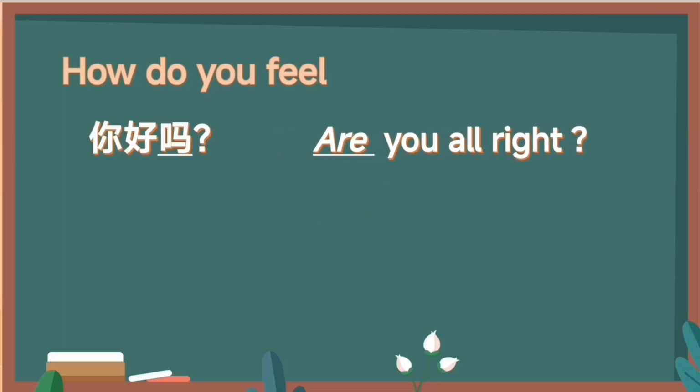To give affirmative answer to the questions, we put word order back to normal in English, while in Chinese, we remove the question word 吗 from the end and put adverb of degree 很 before the adjective. We should also remember to change the question mark into a full stop. In English, a full stop is a dot, while in Chinese, it is a circle. Read examples after me, please.